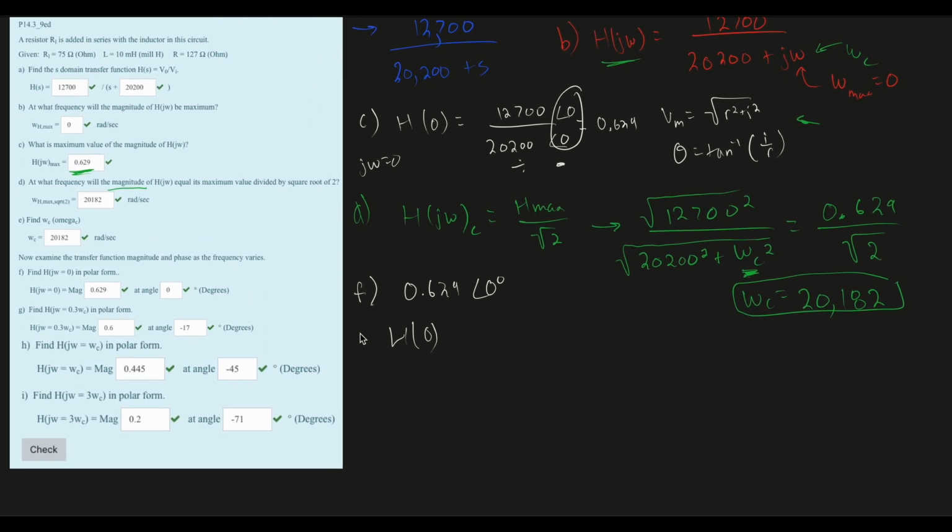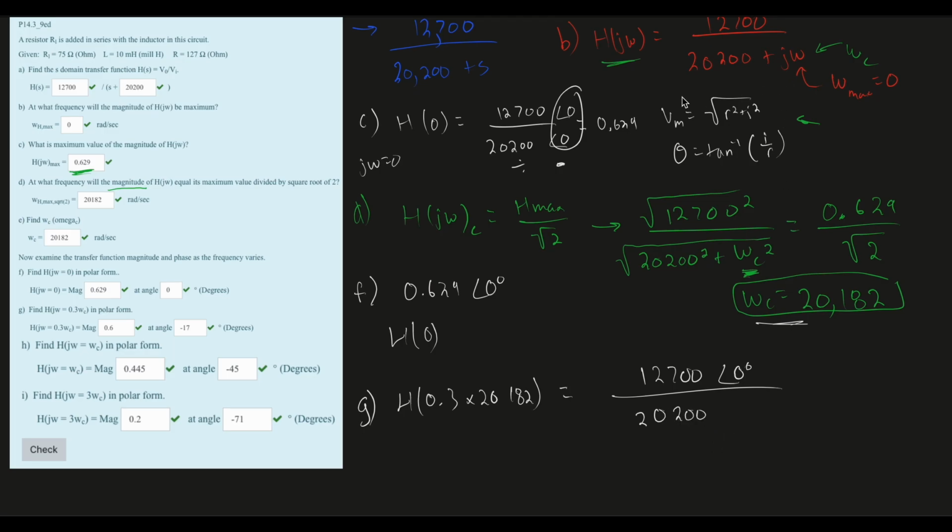Now we're going to look at part G. In part G, we have H of j omega with omega equal to 0.3 times our omega c. Well, this is our omega c, so we're going to have 0.3 times this. So we would write this out like this, and then we need to incorporate this into our actual H of j omega. This is going to be 12,700 at an angle of 0 degrees initially, and this is being divided by our